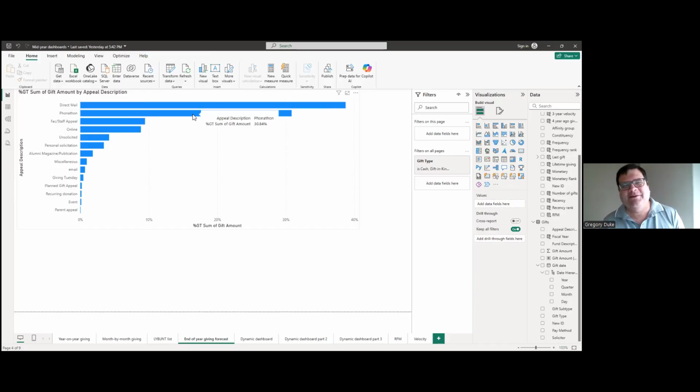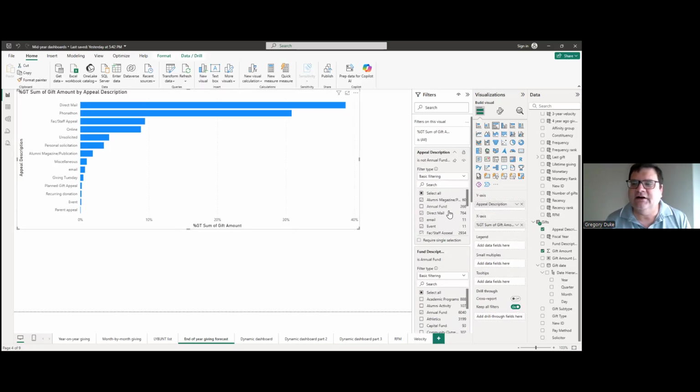I know, for example, I've worked with annual fund departments, and I actually ran a phone-a-thon for a while. It takes a lot of resources to build the phone-a-thon, and sometimes you're not getting the returns you expected from it. And sometimes you don't know that until you build something like this, and you see, oh gosh, our spring phone-a-thon, just for all the work we're doing, it just is not bringing in the money that we wanted to get, or we're getting more from direct mail, and we didn't realize that.